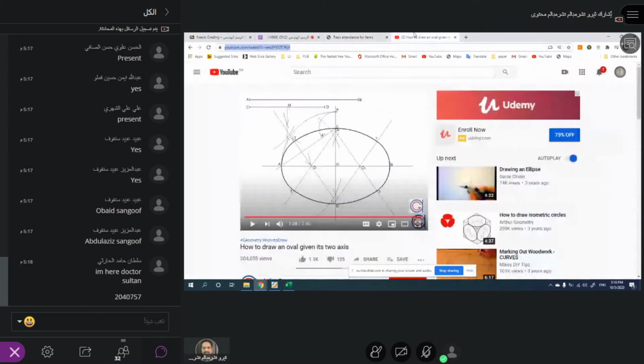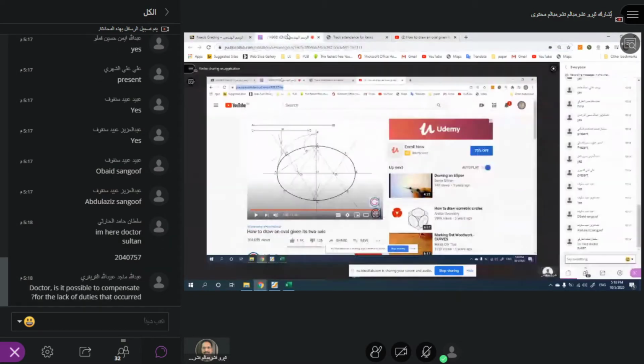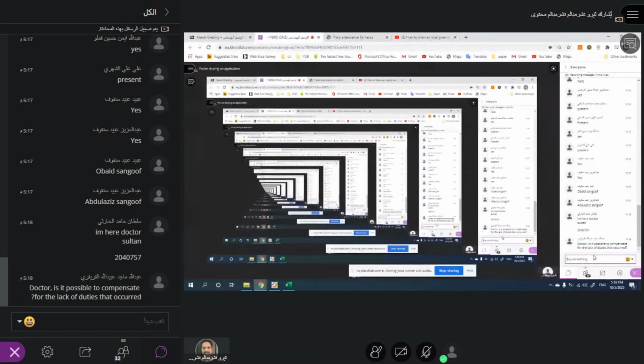Okay, so when you see it again, here the major axis and minor axis are given, and they're trying to make the tangent by using this method. So this is a little complicated method, but of course, this is how